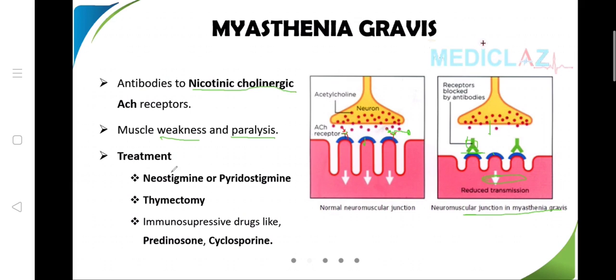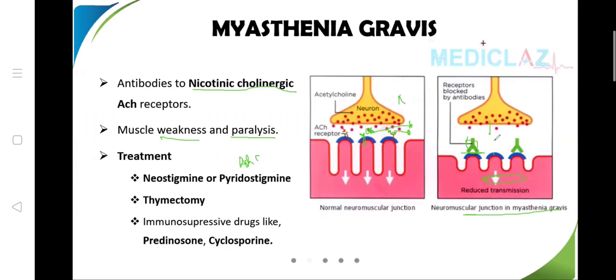Okay, so how will you treat this? You can give either neostigmine or pyridostigmine. These are nothing but acetylcholinesterase blockers. Normally, when acetylcholine comes here, there is an enzyme known as acetylcholinesterase which will break it down or degrade it within a few seconds. So acetylcholine has only a few seconds to go and act on the acetylcholine receptor. It's just like that movie, Mission Impossible, where you have very few seconds left to go inside and take that precious item. Like that, acetylcholine has only a few precious seconds left to act. If it does not attach itself, then acetylcholinesterase will go and destroy it. Okay, that is normal. Fine.